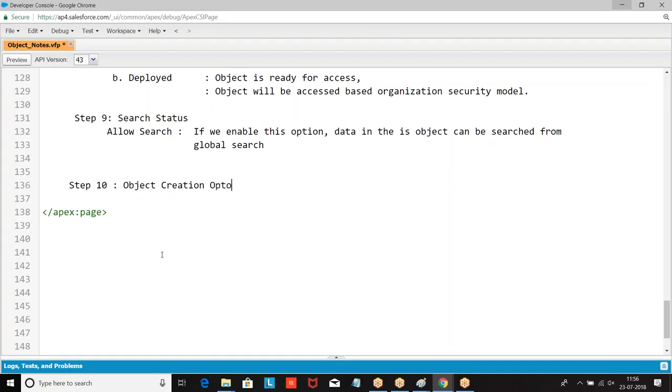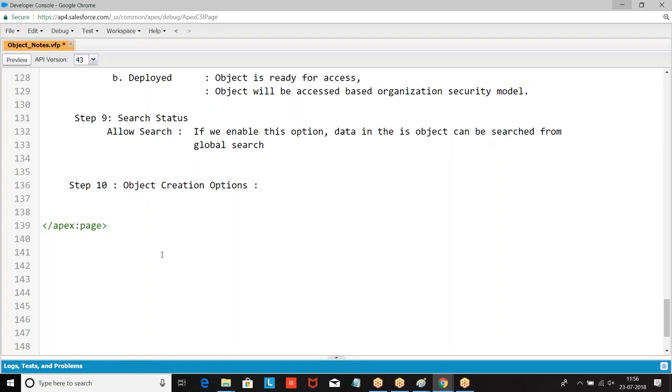These options I can enable or disable only at the time of creating an object.